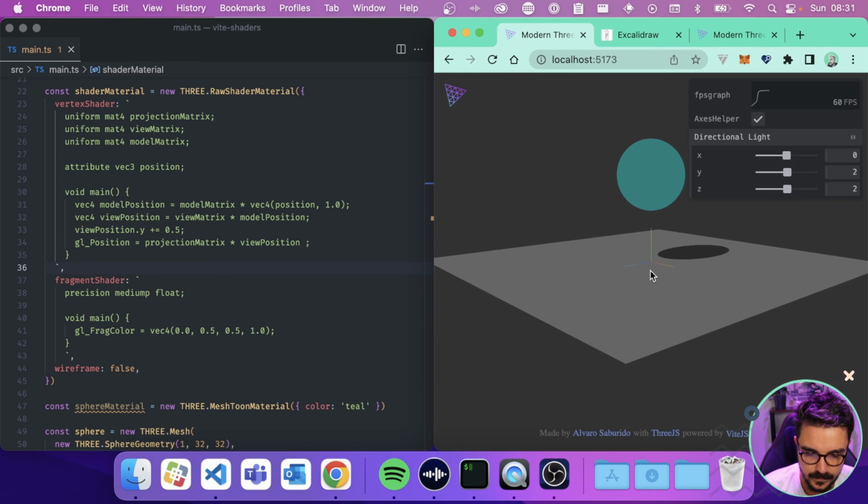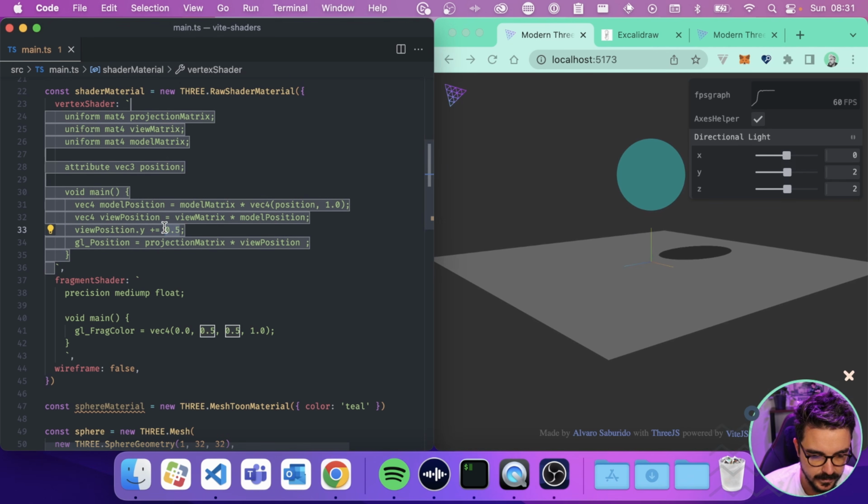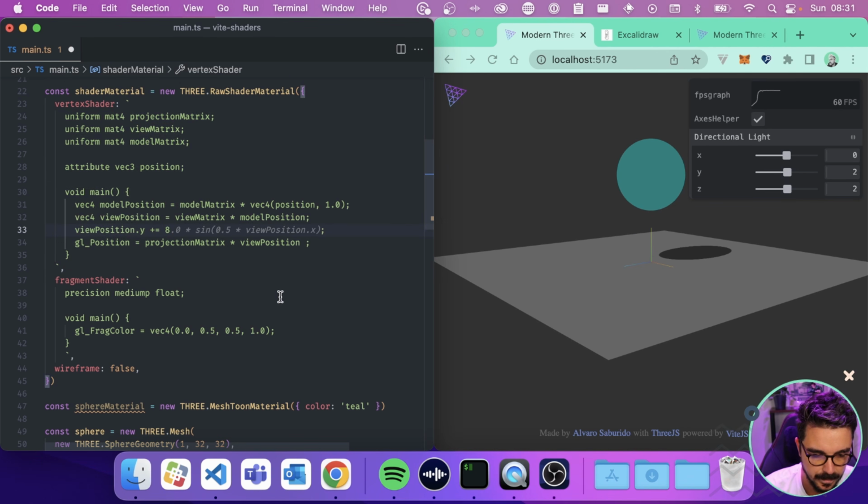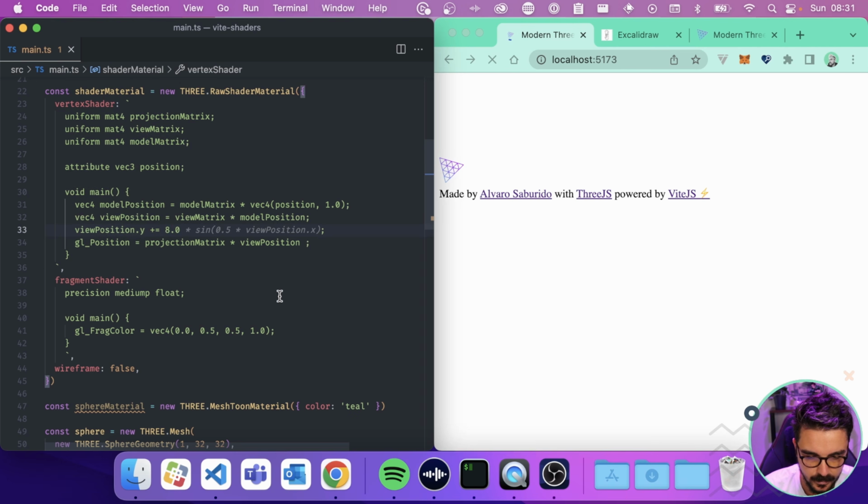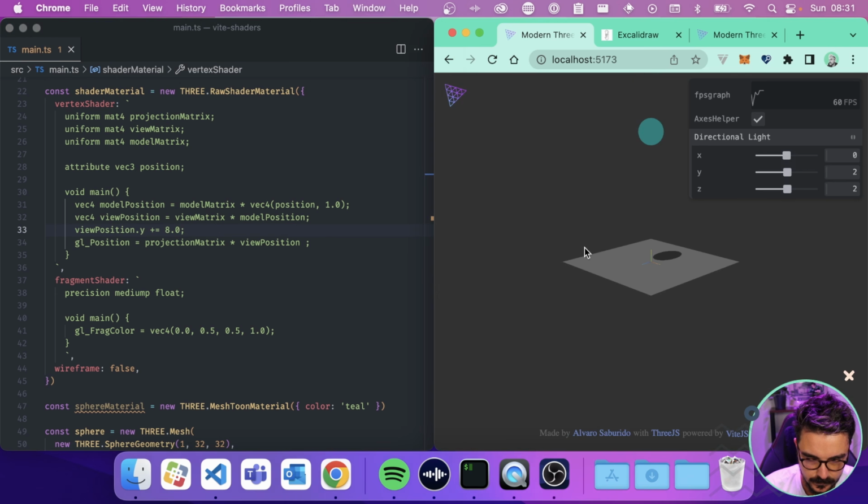Let's put something more drastic. Let's put like 8, again with .0 to avoid any errors. And you will see that now, related to the camera, this is way off. Why does this remain the same? Because we actually didn't change the properties on the shader of the plane. So it's only affecting this one, okay?